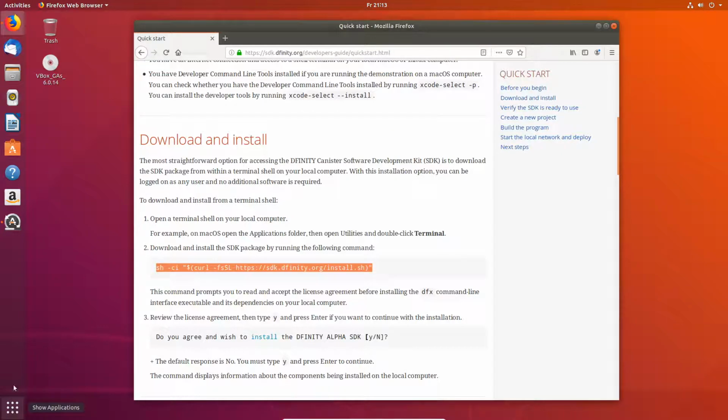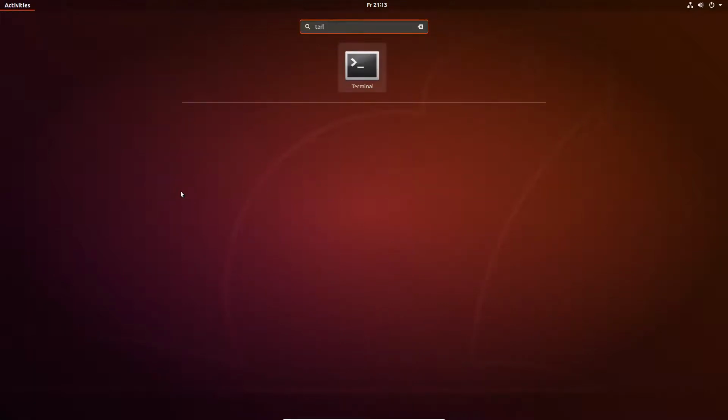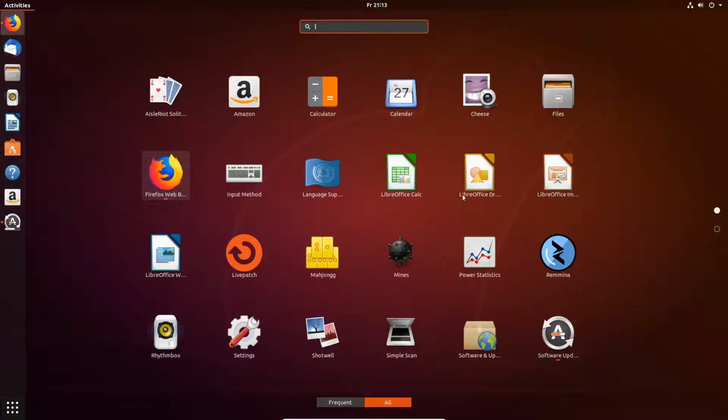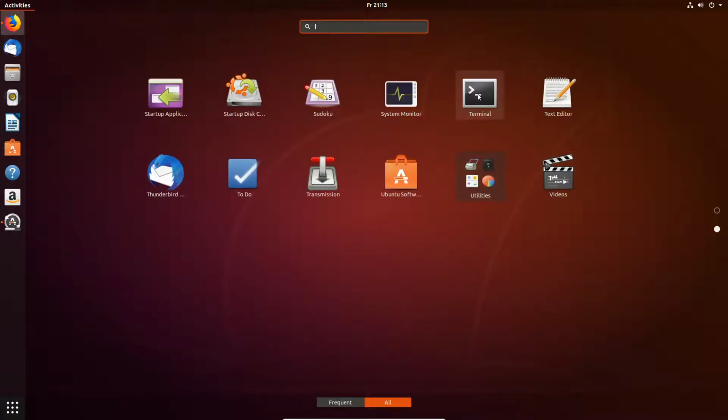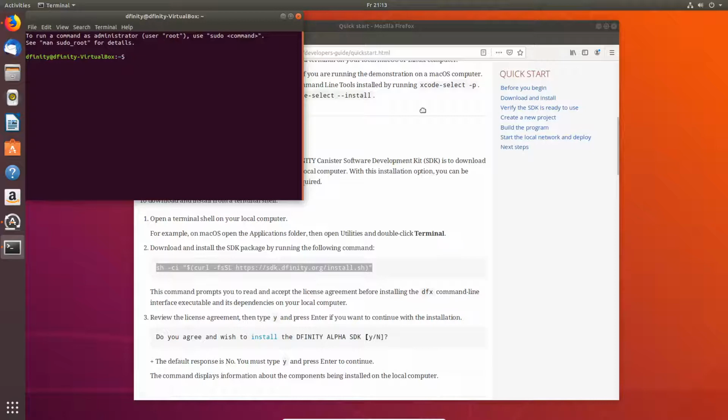If you look at your applications, you can either search for it and just type terminal, or you scroll down the list until you see something like this. Should look the same on probably almost every machine, and maybe it's called command line, maybe it's called terminal, but yeah, you click this and you press new terminal. So now we have our terminal open,